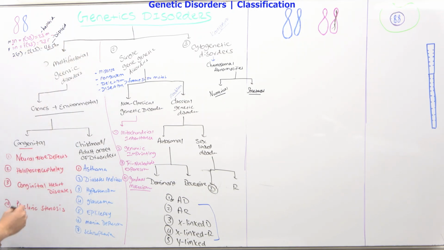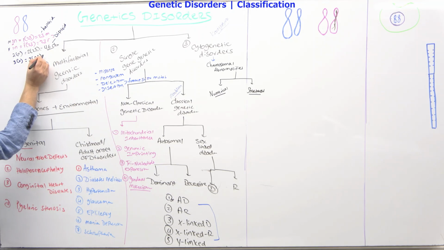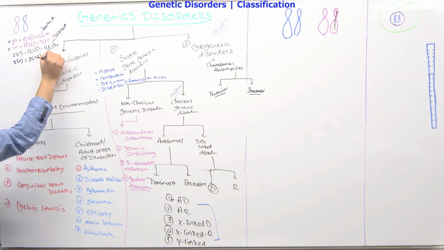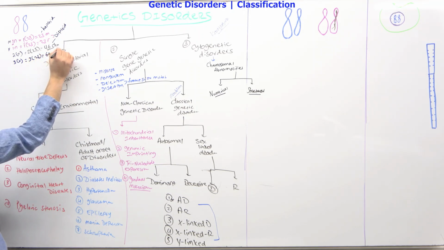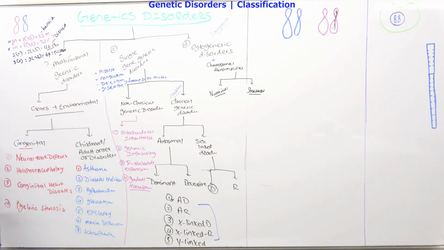Now, let's say instead you have 3n, and you multiply 3 times 23. What does that give you? That's 69. This is called triploid. You see, this is called triploid. Remember,